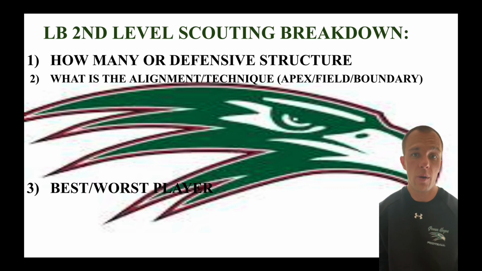Then, do they give it away when they blitz? Do they give it away when they're running certain coverages or certain scrape exchanges, that type of stuff? So it's one of those things where you really watch it, break it down, and find teams that do similar stuff to what we do, to be able to match that and have a good setup, and put that data together with what the D line does. So the next one we'll talk about is how the secondary and the third level structure is.